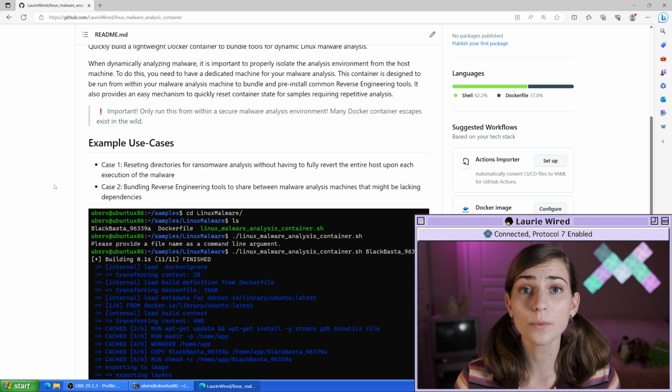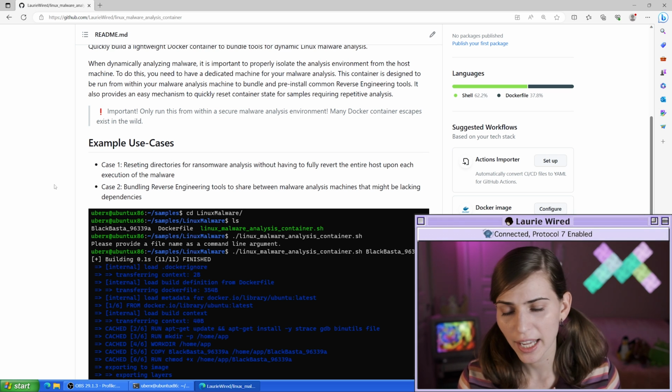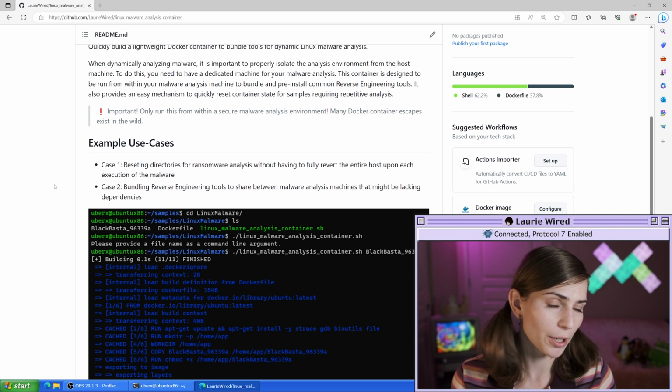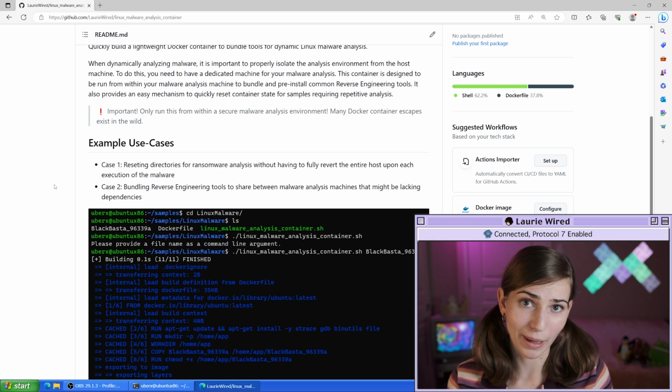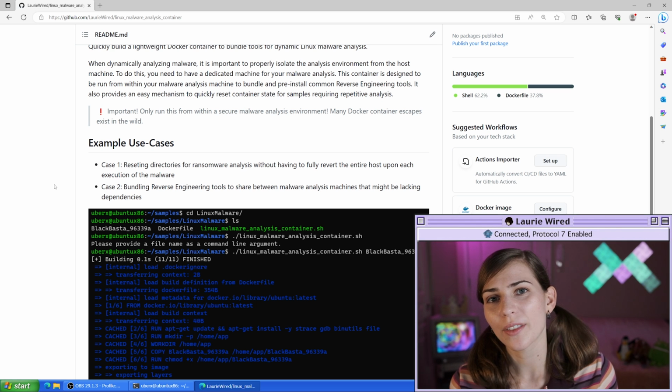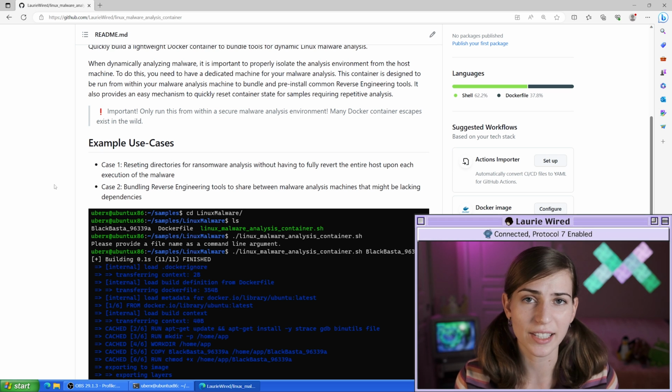So this is where containers come really in handy because you can reset the state of these containers multiple times and just copy over the ransomware, encrypt the full drive of the container without actually affecting your host malware analysis machine so that you're not encrypting that host multiple times and having to reset the state every time you're trying